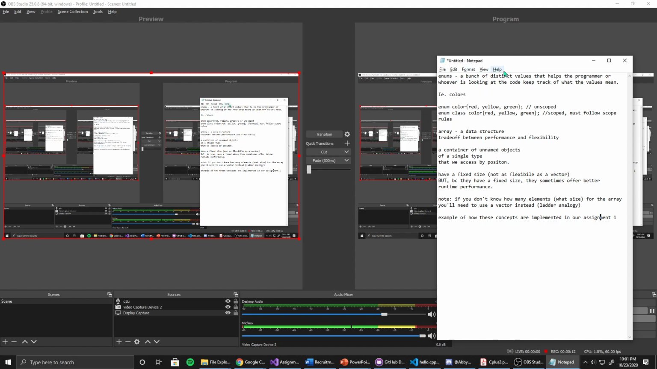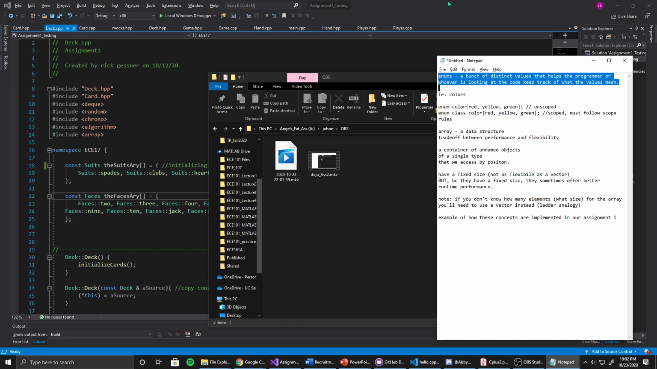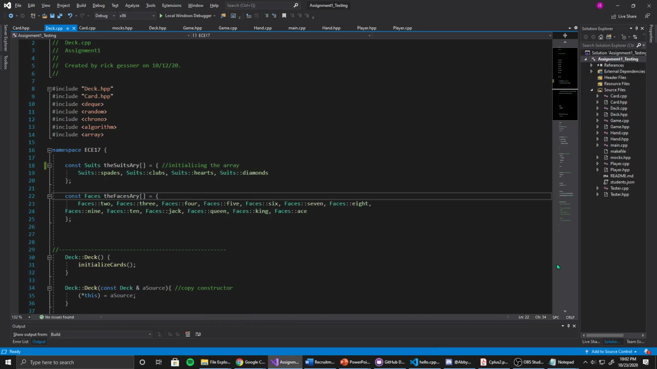So basically, an enum, the way that you want to think about it and the way that our book defines it, or I've defined it here in layman's terms, is a bunch of distinct values that helps the programmer or whoever is looking at the code keep track of what the values mean. So for instance, like in our assignment,